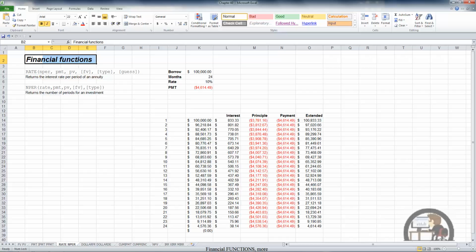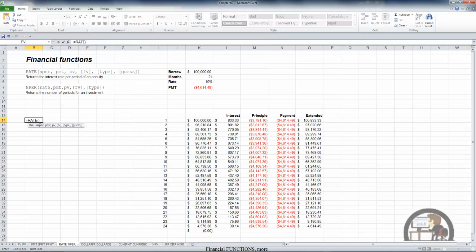So the RATE function. The RATE function will return the interest rate for a period of an annuity, whether it's an amount that you're paying on a loan or whether it's an amount that you're receiving from an annuity, a lump sum that is earning interest along the way that you're drawing funds out of. We're going to use this schedule to validate the RATE and the NPER, number of period functions. So beginning with the RATE function, RATE